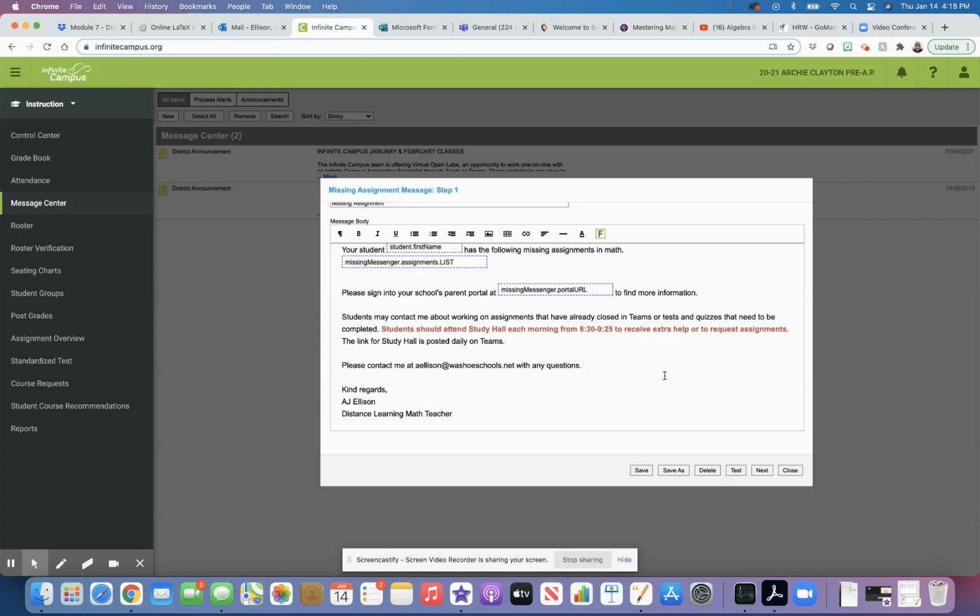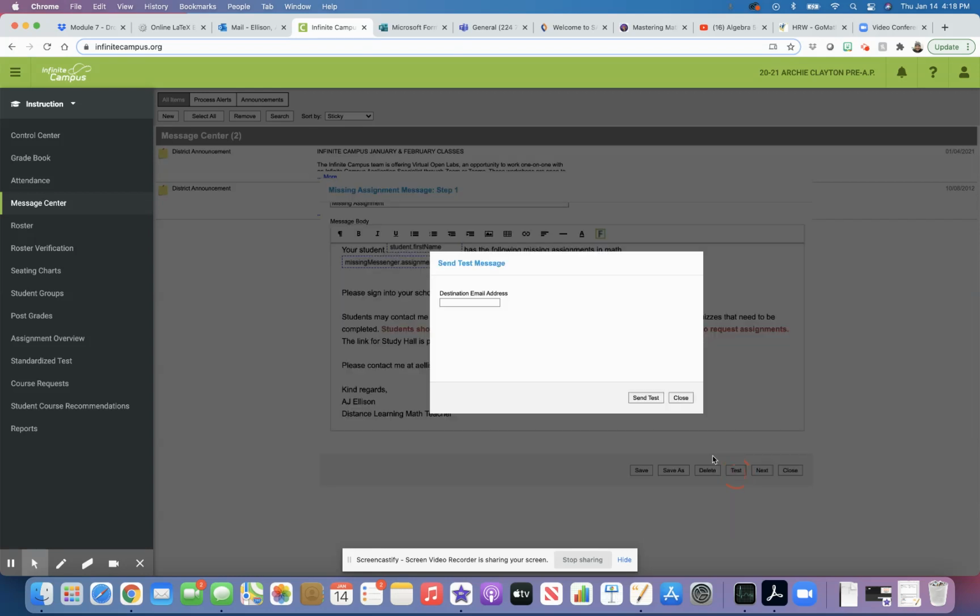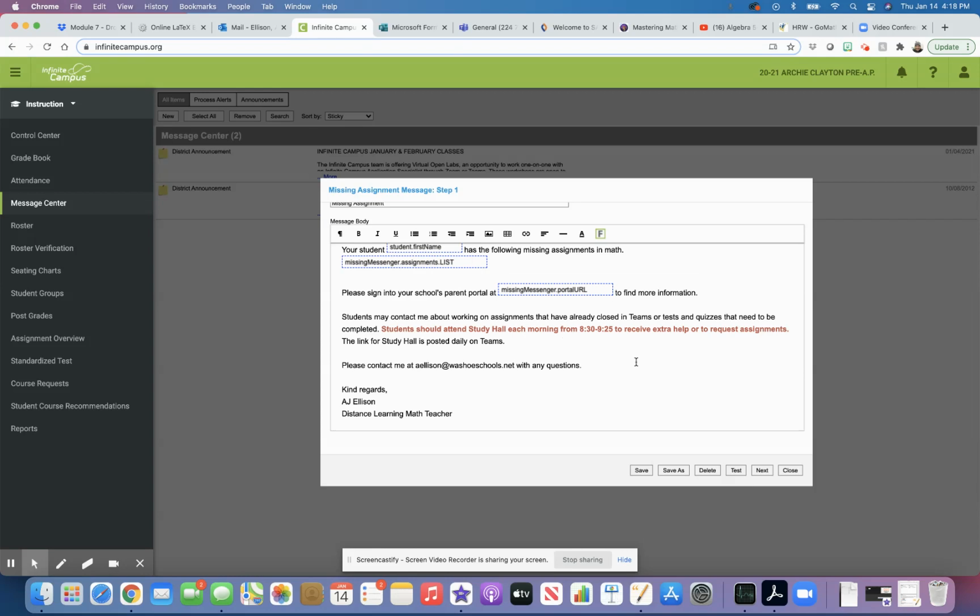So once you have figured out what you want to say to the parents, you have a couple of options. You can do a test email, and in that email, you can just put your email address and send test, and that will send you an email from here so that you can see what it looks